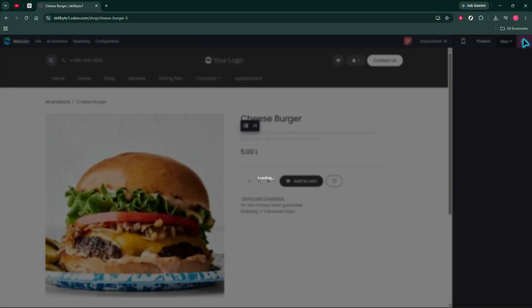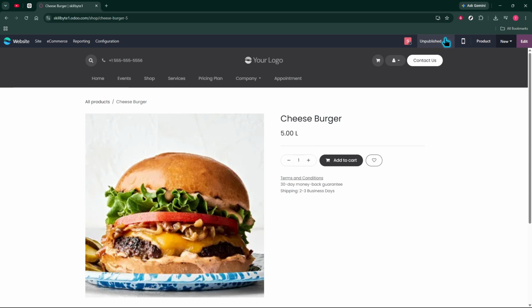And that's how to create an e-commerce website product page in Odoo. From setting up the product details to customizing the final presentation for your customers,